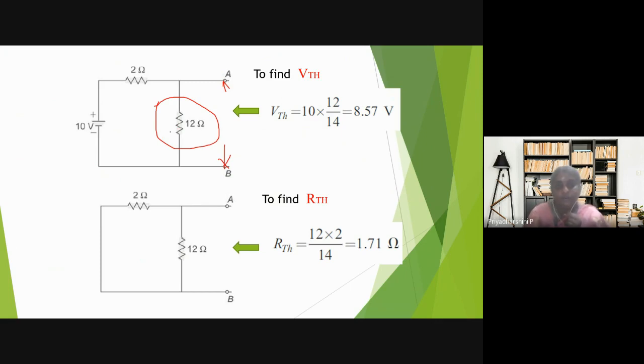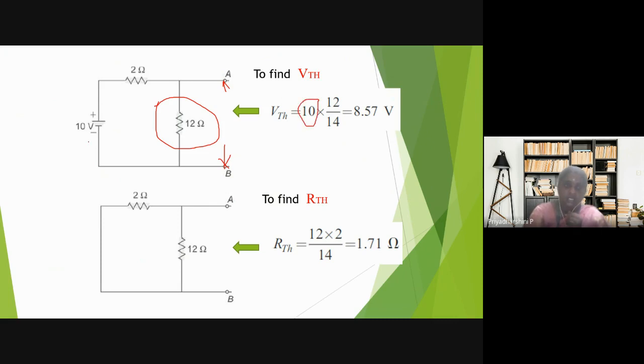So how do we find the drop? I can use two ways. One is Ohm's law, by finding the current flowing through the resistance and then the voltage drop. The second is the voltage division rule. What does the voltage division rule say? The VTH, or open circuit voltage, is equal to the voltage source